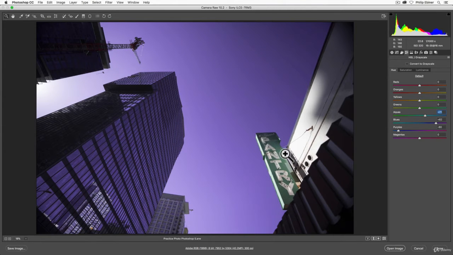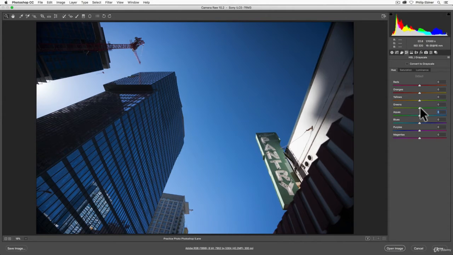But actually, there's some aqua in this green sign over here. So if we want to adjust this green sign, we could adjust the greens very slightly. It's a lot of that aqua actually, and maybe some of that yellow, mostly that aqua though, and it had some blues in there. So this allows us to adjust specific parts, specific colors. Let's set to default by clicking that. So if I just adjust the aquas, you can start to see this becomes a little bit more yellow or a little bit more blue.